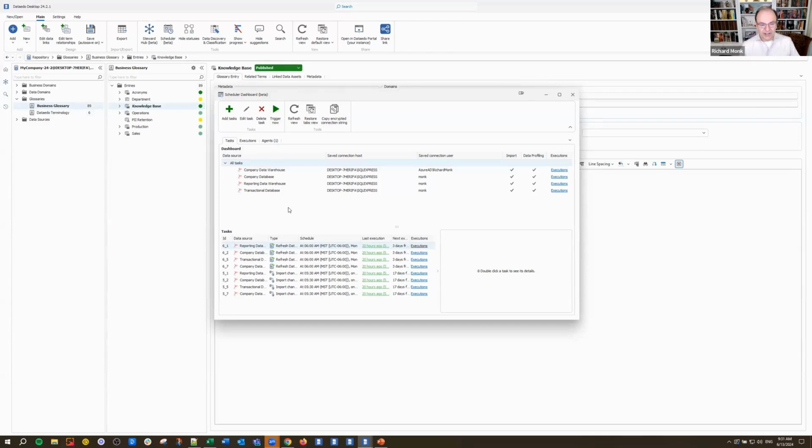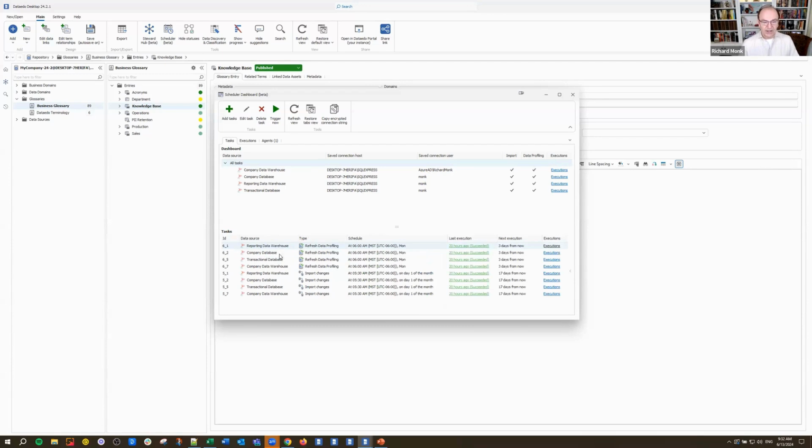So I open this from the scheduler button up there on the ribbon. The parts of this were on the tasks page right there. The top section is the data sources that you have already created connections to in your data catalog. In my case, I have connections to 4 data sources here. And according to what I saved when I created those, it tells me where the host is, what the connection user was, how I signed into that database to import that metadata. And then over here, this is telling us what's available to be done with those, or what I've already set up as tasks. The tasks themselves are in this bottom section.